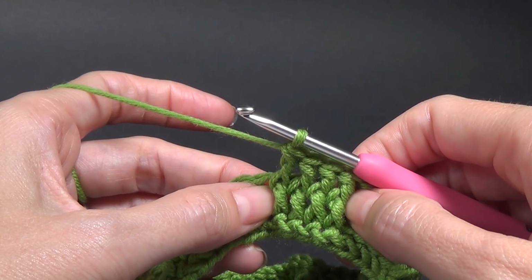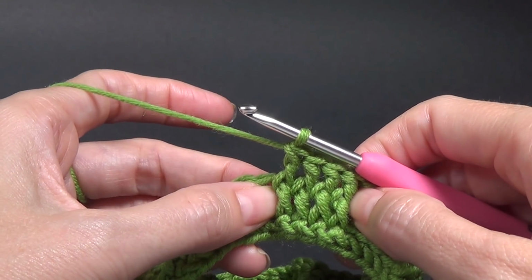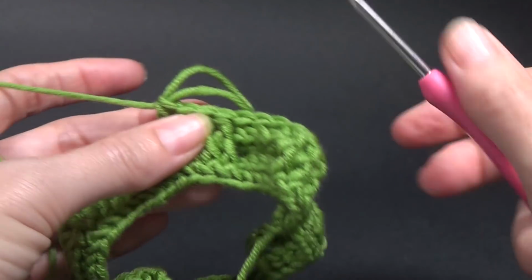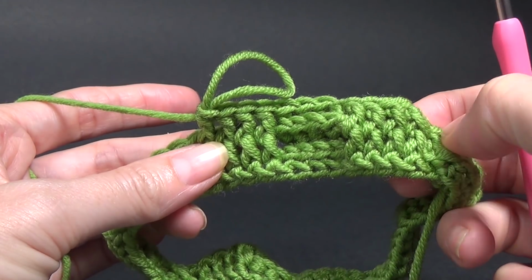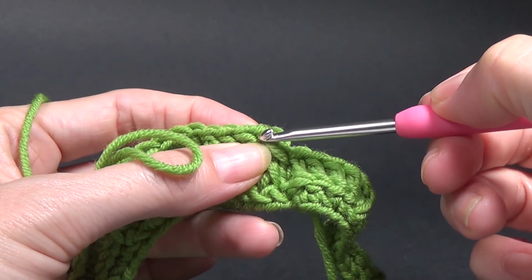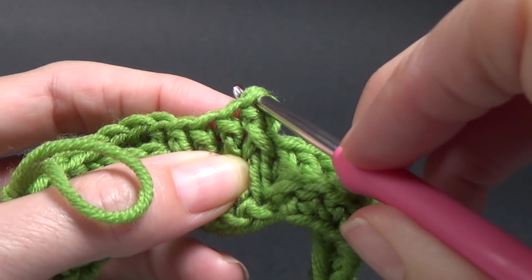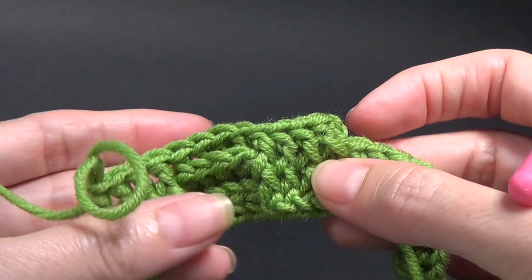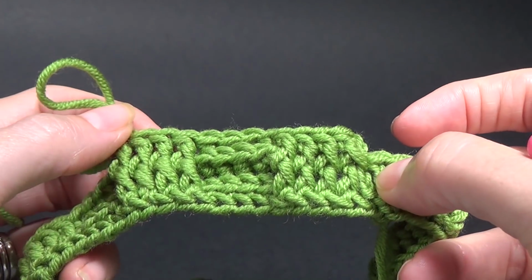So this is round 3. And round 4, we want to do the exact same thing. So we're completing round 3, so we're going to continue around, and then we're going to slip stitch to that first front post double crochet like we did on the previous round. And then we're going to repeat this round again. So pause the video, and when we come back, we'll have